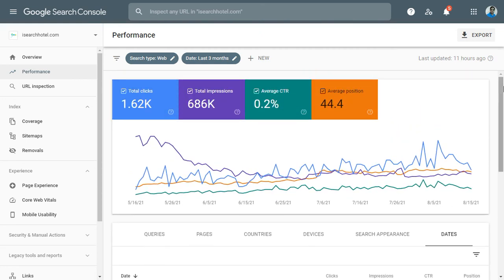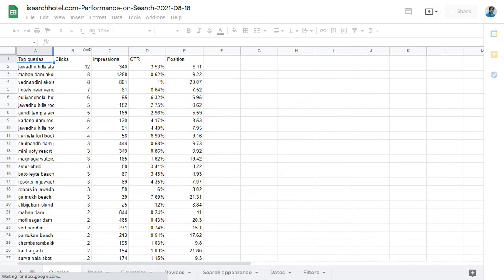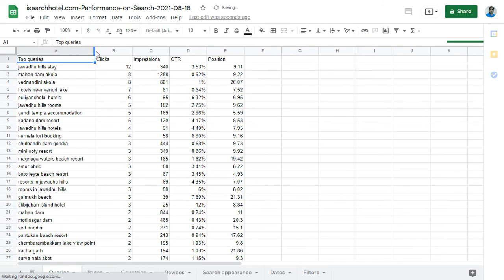There is one more feature which is very useful: you can export this report. You can export it to Google Sheets, and you can also download it as Excel and CSV. If I click on Google Sheets, my report is exported to Google Sheets, where I have full control of my data. I can filter it, sort it, and analyze my reports here also. The same report is available in your sheet so that you can work on it.